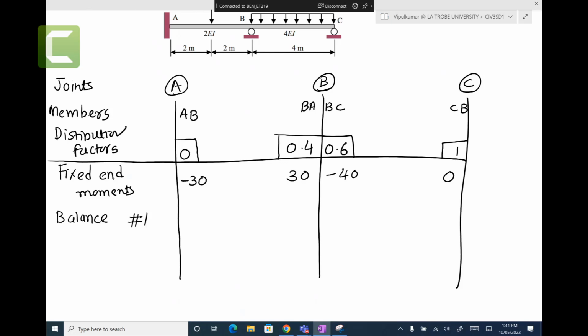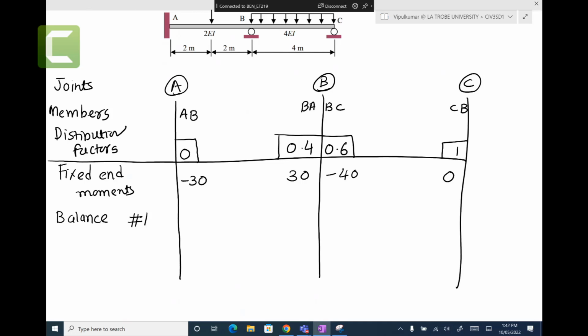You have 30, which is positive, which is going clockwise. You have 40, which is anti-clockwise, minus 40. If I add them together, I have an extra minus 10 kilonewton meters, which I don't want, because if you look at the original figure, there is no moment there. There is 0 moment. But in my calculation, there is an extra minus 10. Do you understand? That is called unbalanced moment. That is the moment distribution method. So we need to distribute the unbalanced moment, and continue the process until we get very small